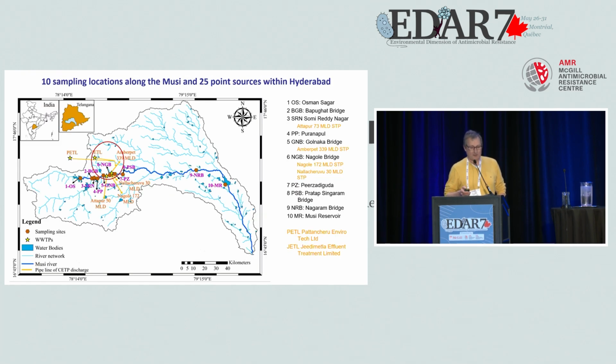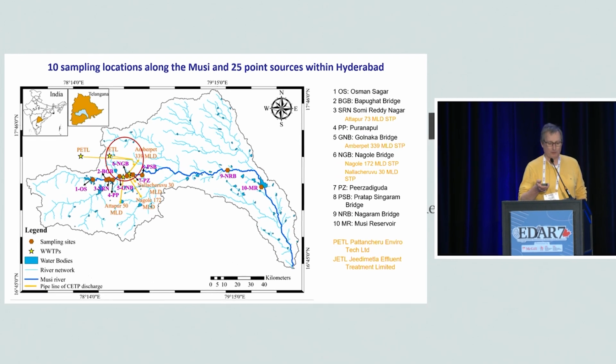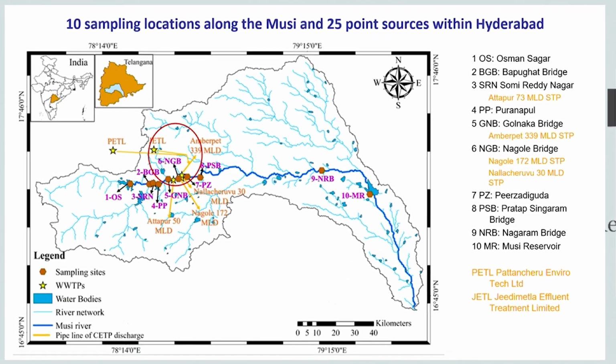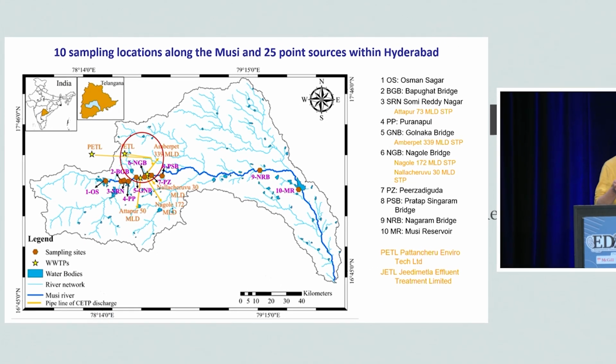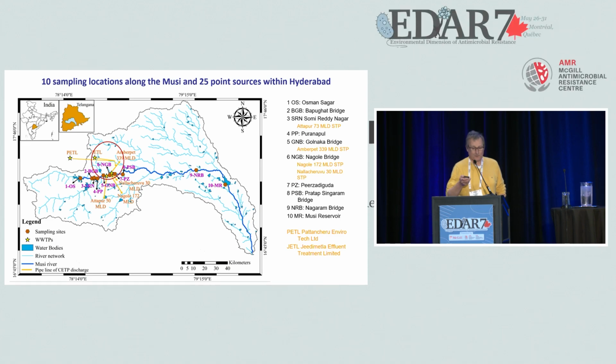This is the Musi watershed, central in the Musi where most of the sampling points are. Sorry, I can't point at them. Is Hyderabad city, a big city, a small river, and we have one sampling point upstream of the city and 2 sampling points downstream of the city. I hope you can see it, I can't point at them. And they're quite far downstream from the city. There are about 25 point sources within the city that we know something about, some quantitative information. There may be more that we don't know about.